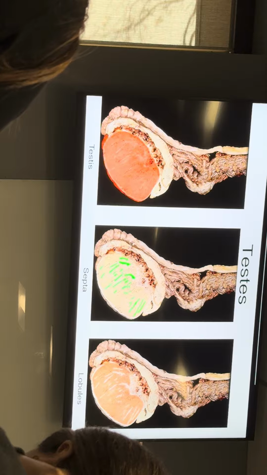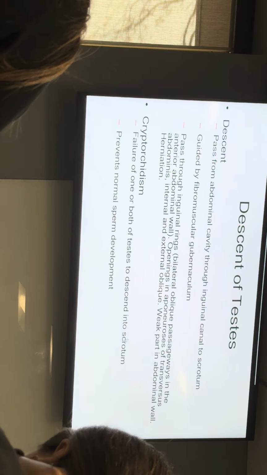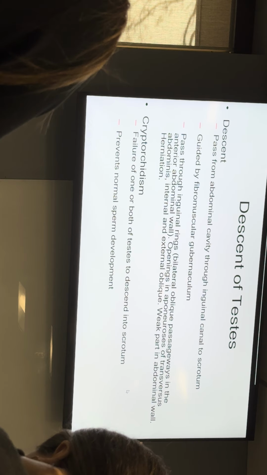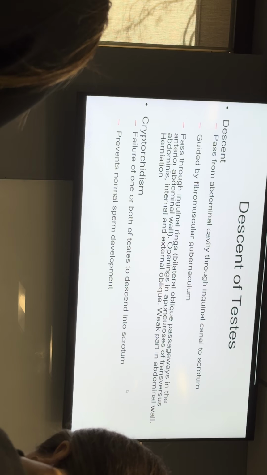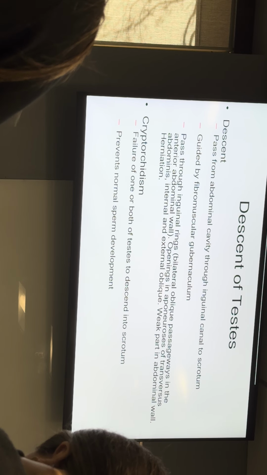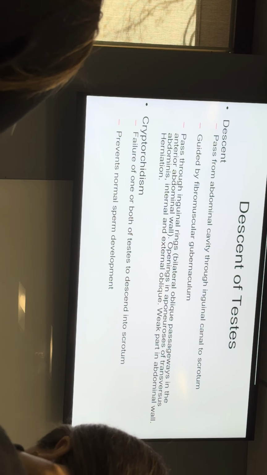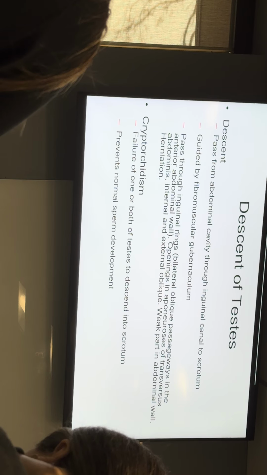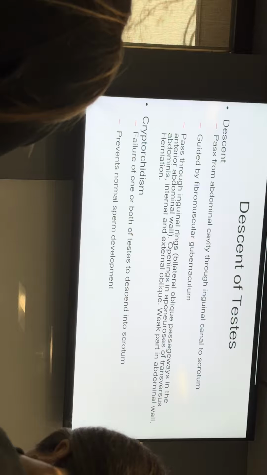But then looking at this texture, I don't think I can. So, okay. Now, when you are developing, your testicles start out way high up in the abdomen, because your testicles and your ovaries both start out as the same tissue called a gonadal ridge. Based on your hormones, your gonadal ridge can either become ovaries or testicles. Not determined by chromosomes, but by hormones that are then controlled by chromosomes, though not absolutely.